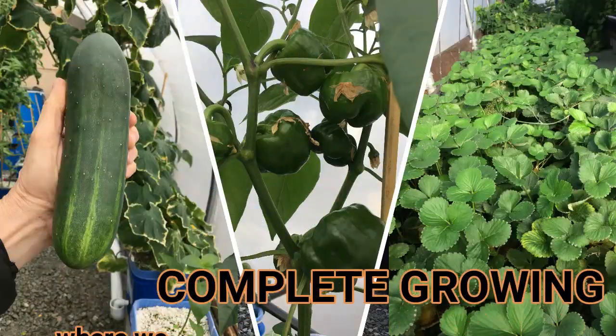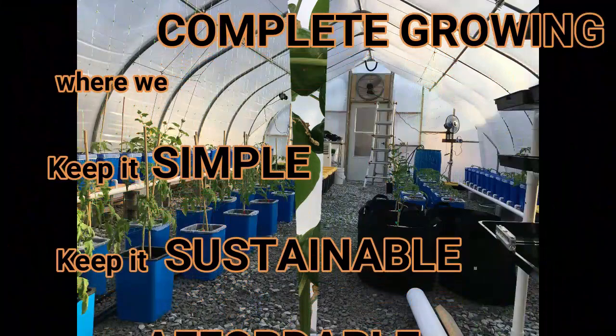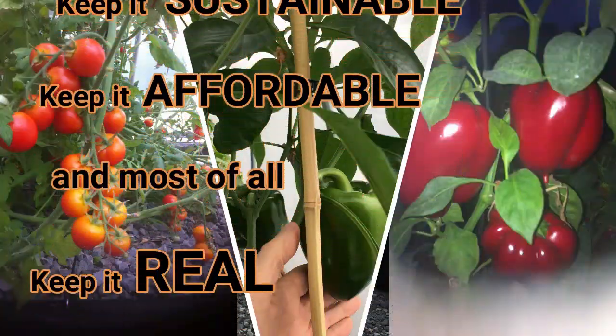At Complete Growing, we keep it simple, we keep it sustainable, we keep it affordable, and most of all,